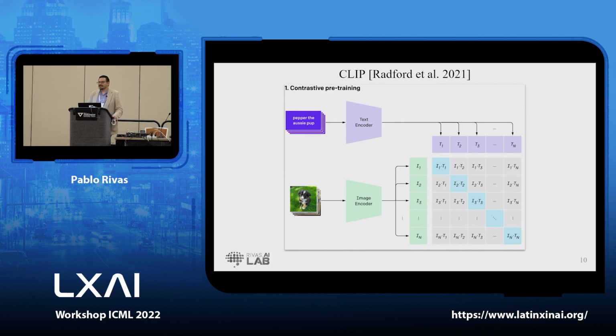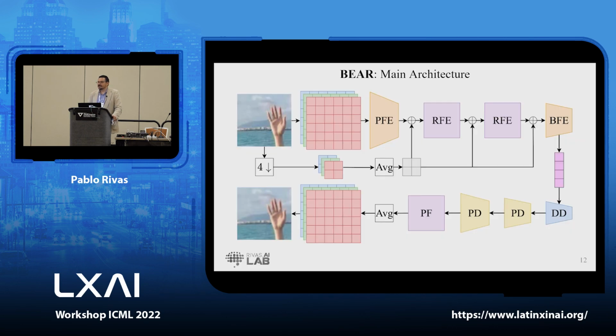CLIP comes to mind as the alternative or the big picture of what we want to do in the end, in the sense that we want a text encoder and an image encoder. But again, we're trying to find these pieces that are really non-expensive to train. CLIP's success is largely also based on the magnitude of its text encoder. I think it's a T5 and its image encoder as well. So what we're proposing is something cheap, and we call it a bare architecture.